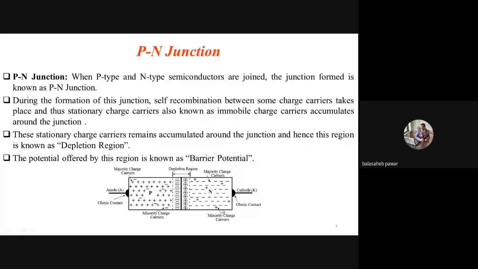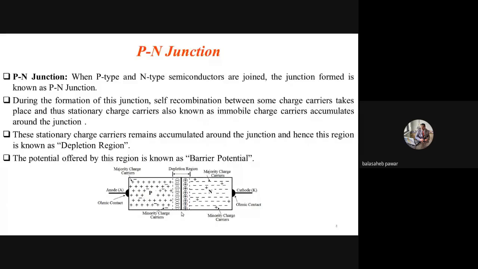So we'll go ahead. Remember, whenever we try to join these two materials, just consider one slab, a piece of p-type semiconductor, and another one of n-type. Whenever we join these two, at the joining there will be a junction. I tried to show it by a thick line between p-type and n-type. That thick line is nothing but a p-n junction, right?